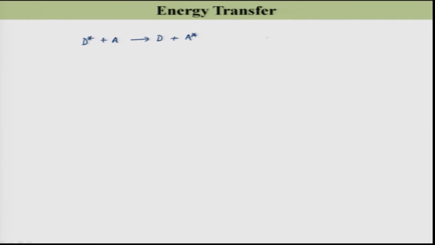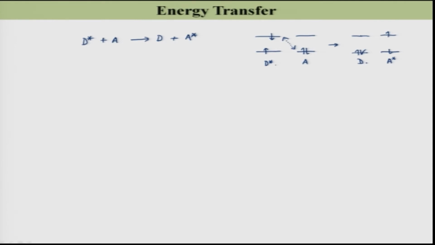So, if I now tell you this molecule D star has one electron over here, another over here, and A is present in the ground state, then A and D are interacting over a distance, which deactivates D and puts A in the excited state. And I said that for this dipole-dipole interaction, the interaction responsible is a Coulombic type of